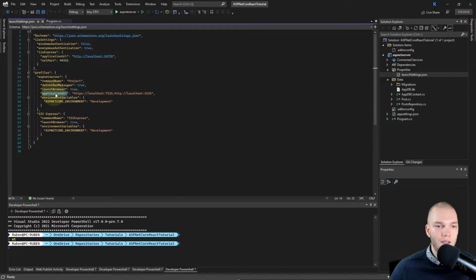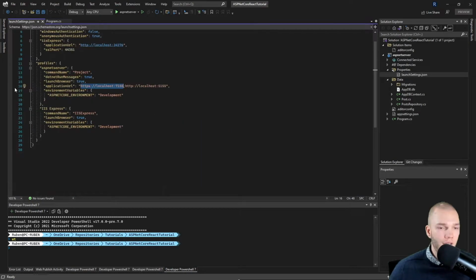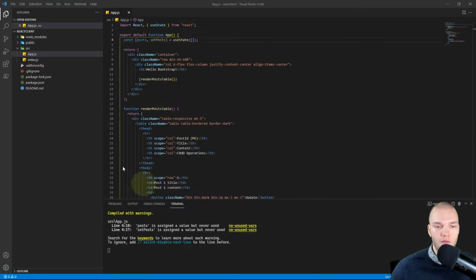We see this application URL and then the HTTPS one. I'm just going to select it and copy that. And you can't use mine because in .NET 6 these are randomly generated for each project, I believe. So back to VS Code.